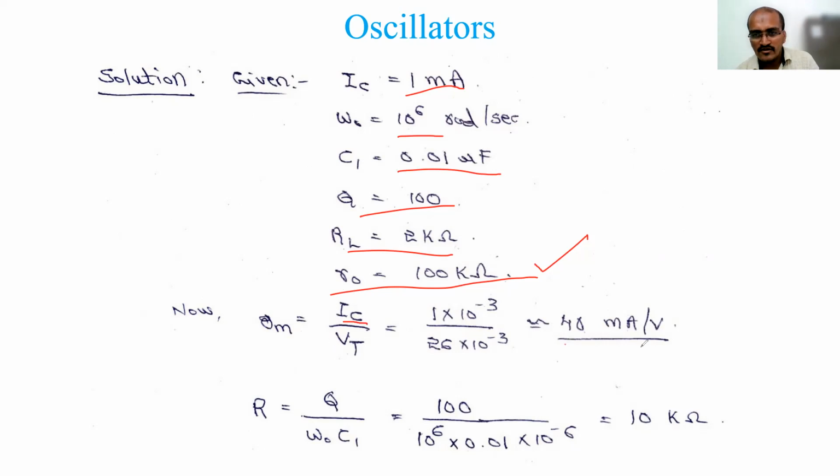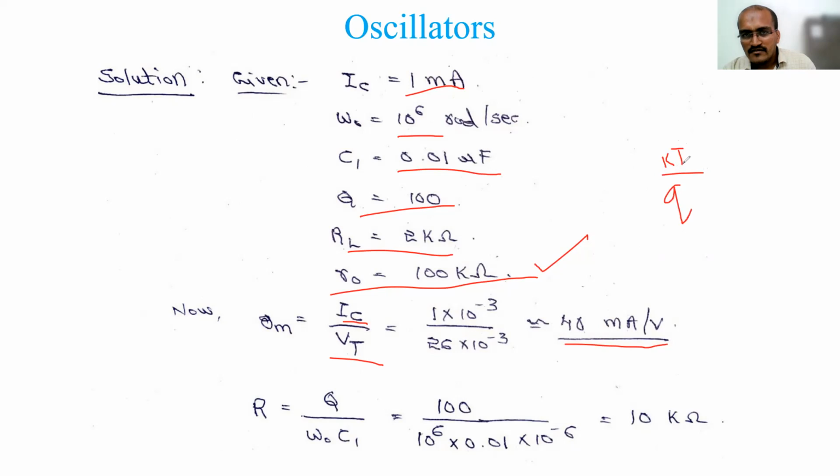It is a standard value, but still I will try to show you how it came. Okay, already we have done it. If a collector current of 1 milliamp is given, you can directly assume GM equal to 40 milliamp per volt because the calculation will give the same thing. You know, GM is given by IC by VT. So what is that thermal voltage given by? KT by Q. I have solved it in small signal analysis. You have studied for the exam and you remember this KT by Q. K is the Boltzmann constant, T is temperature, room temperature,